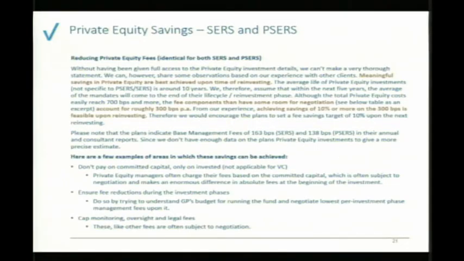Okay. So we've also been asked to give our view on private equity, and we didn't have contracts for private equity, so we really can't give a very detailed view. But we can, from our experience, say that this is an asset class that has high fees. And as fees are high, there is a lot of room to save money.